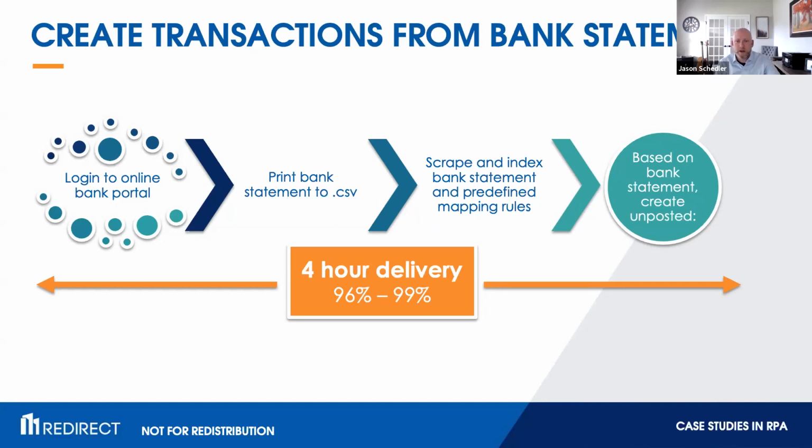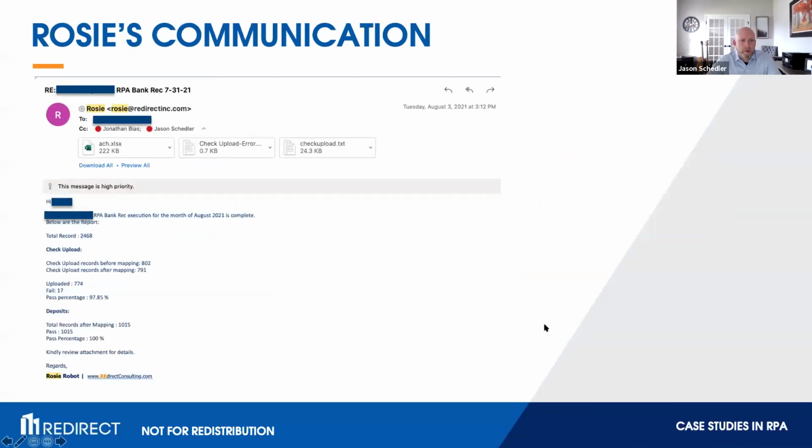We've seen automatic bank rec solutions. They do a decent job of getting the low-hanging fruit. We're doing an excellent job at getting it pretty thoroughly done. And then here's Rosie's communication on that. This is a client email, so I've redacted anything that's personal to the client or their company. But Rosie sends an email that says,